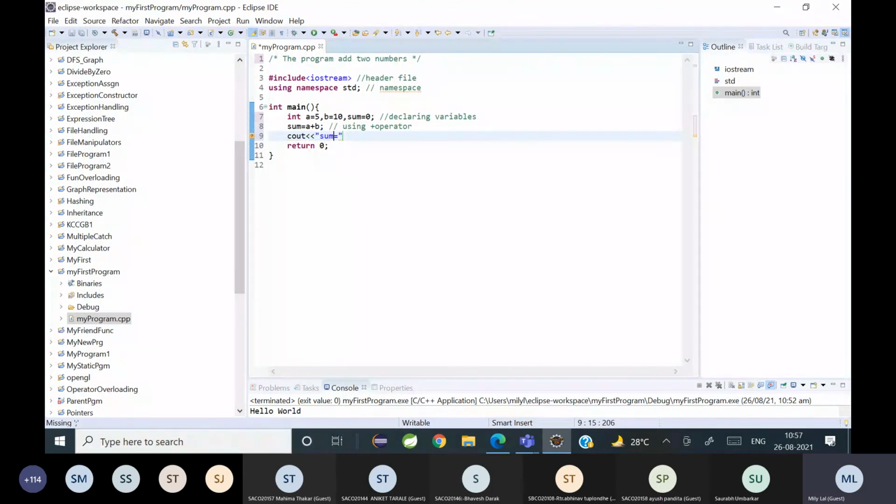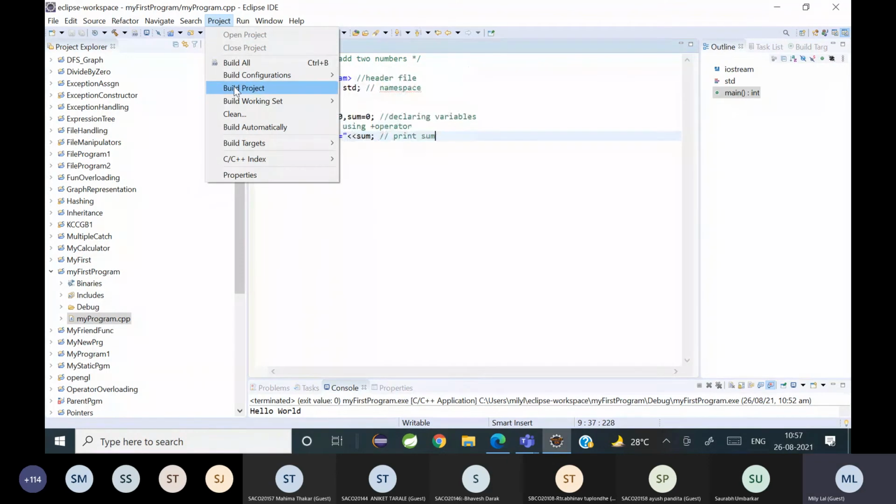That means in my output, it should appear like this: sum equal to. If I had not written it like this, only the values would appear. So just for formatting my output, I'm going to write it like this: sum equal to and sum. Okay, I'm printing my statement. This is the print sum statement. Saving my program. Okay, and then I am building my project.